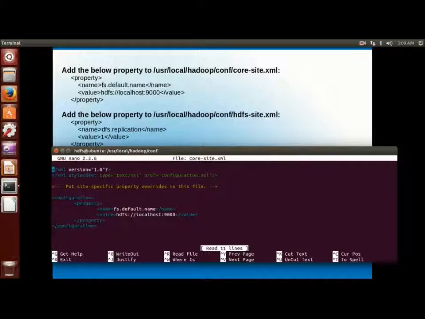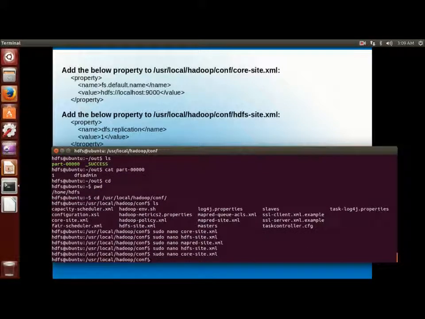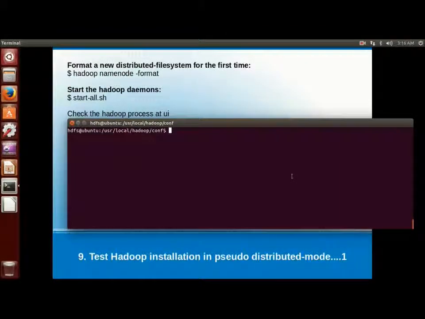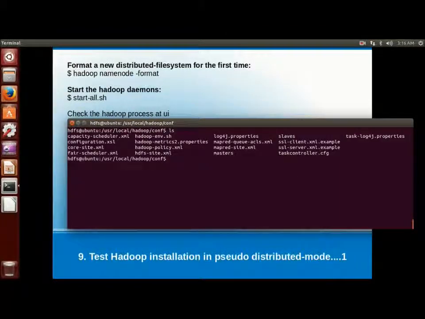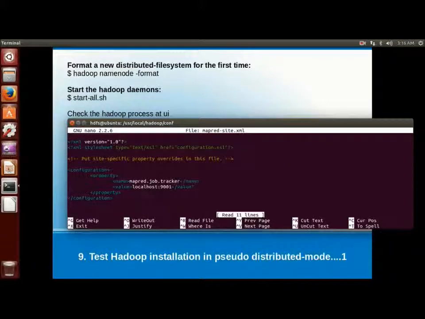Yeah, just checking whether our properties are set correctly or not. If anything is wrong in these property files, even the syntax of XML entries, Hadoop will not start the corresponding processes.